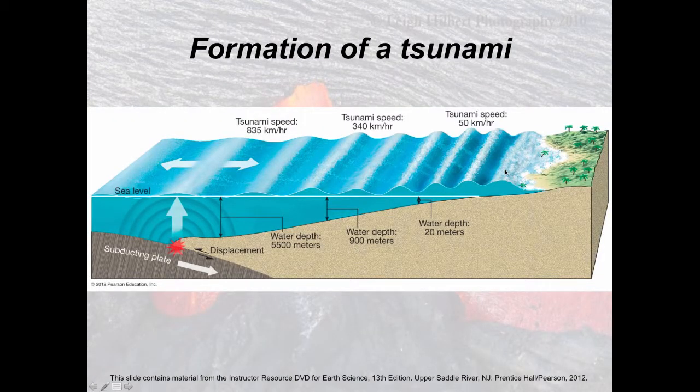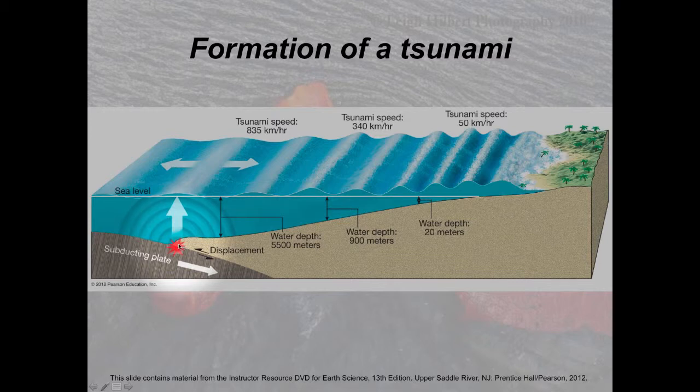Tsunamis are what a lot of people also associate with earthquakes, and they are quite important. When you have an earthquake that occurs in an oceanic plate, you get large blocks of crust that will slide past each other. And that can actually push a large volume of water. In this case, the movement of this block up pushes all this water up. The water doesn't really compensate well. Water is a non-compressible fluid, so the energy of this large area of crust pushing up causes a swell. A very, very large swell.